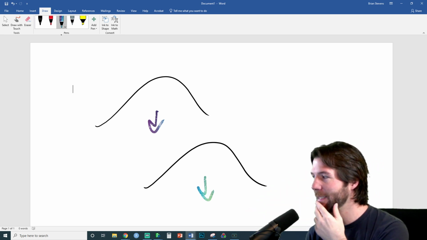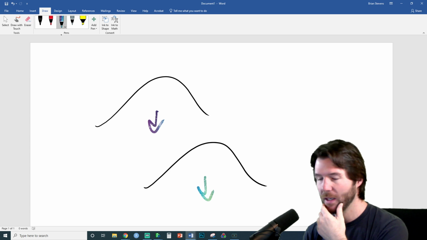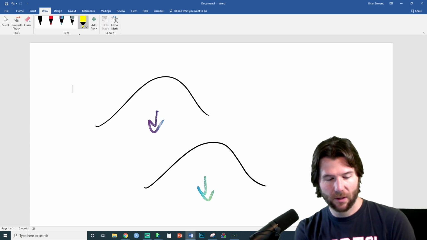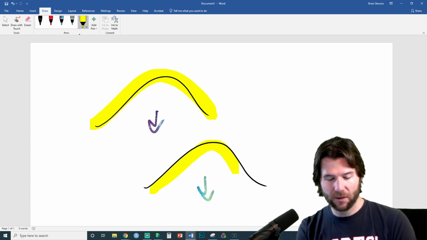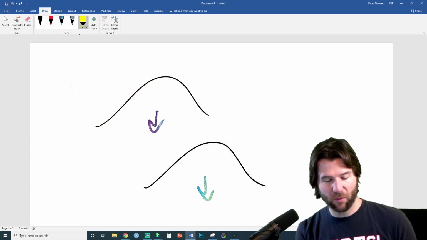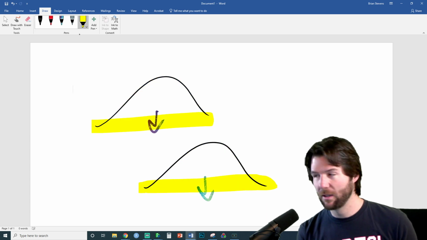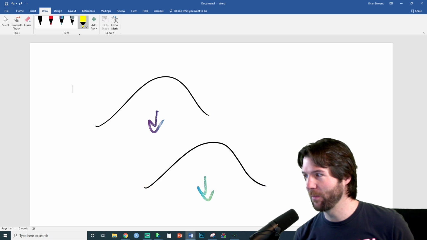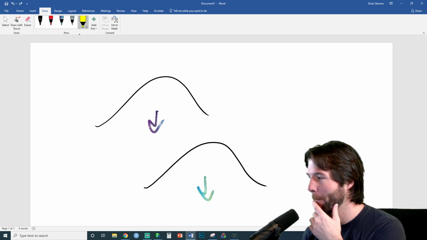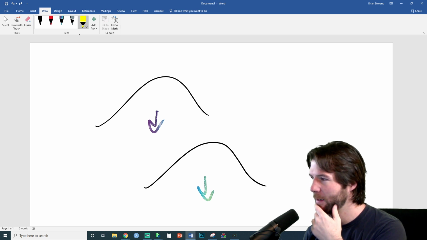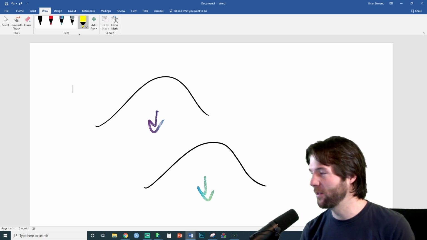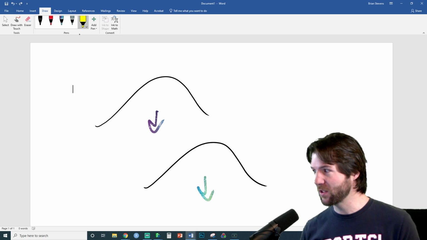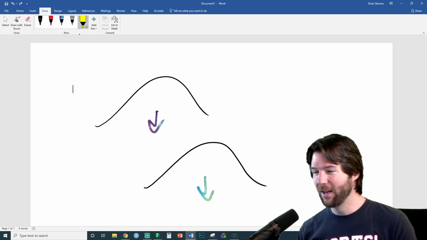What is the key difference between these two histograms? Is it the shape of the histograms that are different? Is it the spread of the histograms that are different? We've got shape, center, and spread. What is the key difference between these two histograms? Are they different shapes? Center, Julia, you're right. These two have very different centers, and this goes to show an x-axis line.